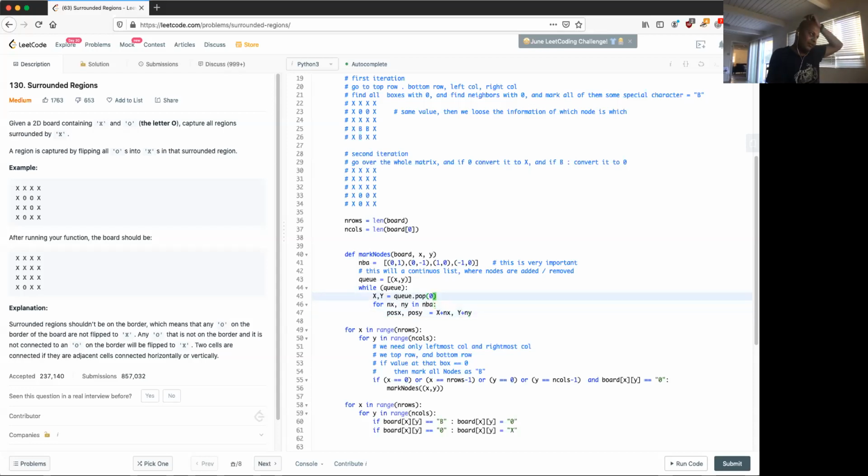Look at this: if we have x and y, some position,